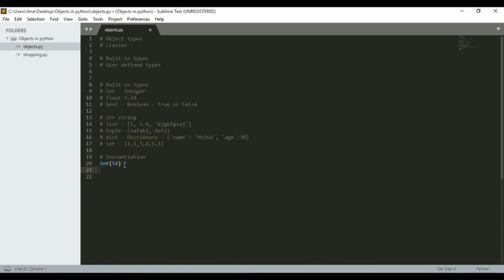Like for instance in float, you can write float and then you pass in something like 3.45, and then maybe for a boolean value you write bool and then put an opening and closing parenthesis, and then you put true or false, depending on the value. Now this is going to return the value that you pass in inside of these object types, and then you need to capture it and store it somewhere, and that is where